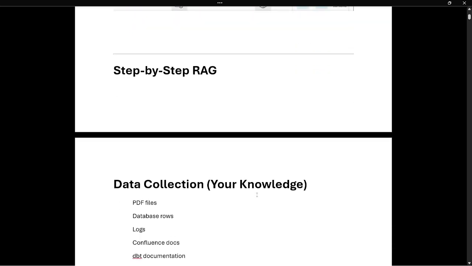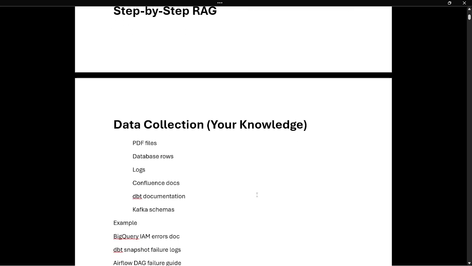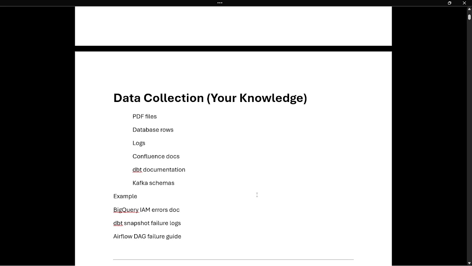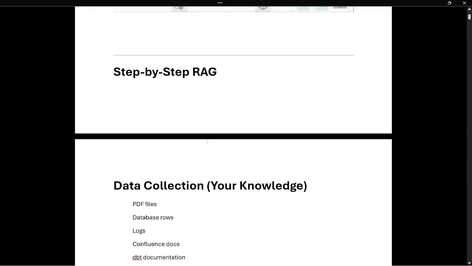If we go step by step, the first step is data collection. Whatever knowledge we have, such as PDF files, databases, logs, Confluence documents, or Kafka, anything can be your knowledge. For example, we have a BigQuery IAM error. I am asking about an error related to IAM, BigQuery, data snapshot failure, or Airflow DAG failure. We have documentation for each of these failures, right? So in that case, we provide it to the LLM as RAG,